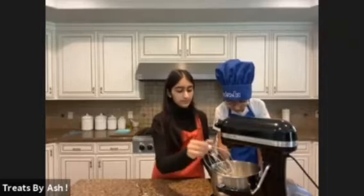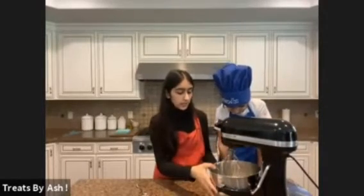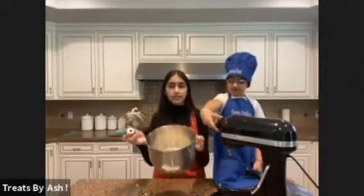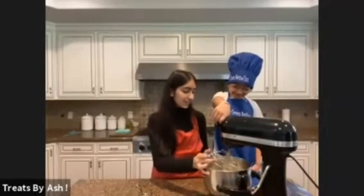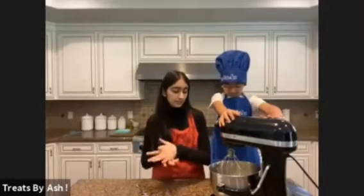Oh yeah, and for my electric mixer, I'm using my whisk attachment. Okay, so I'm gonna show you guys what mine looks like so far. It looks nice and creamy. So far, so good. That was our half a cup of butter, half a cup of shortening, and our 1 teaspoon of vanilla. If you have everything ready and it's all creamed and yummy, just give me a thumbs up, and I know that we can move